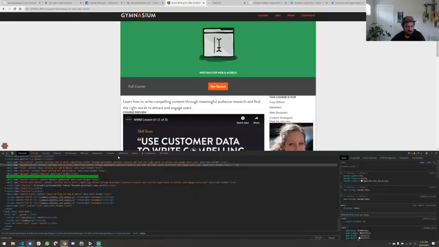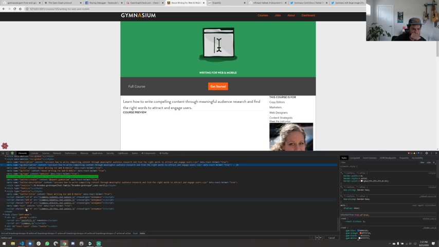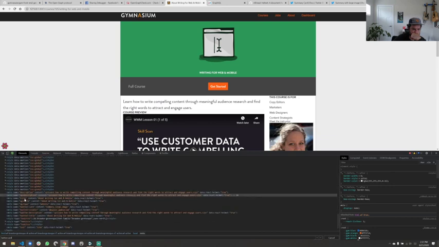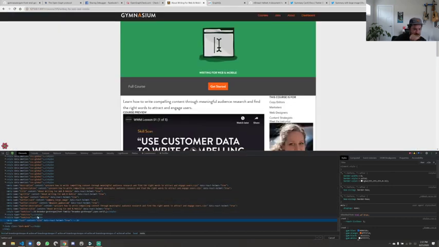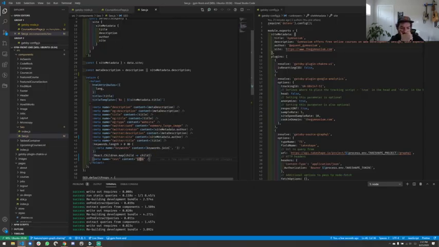Will that work? I don't feel like I should need to do that. No, it is just unhappy with the way I'm passing those through. Okay, well let's try.